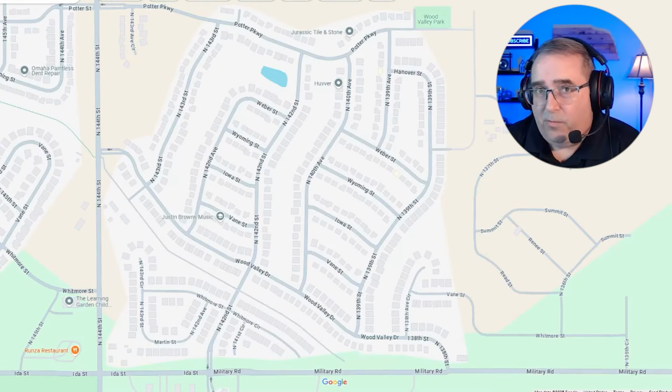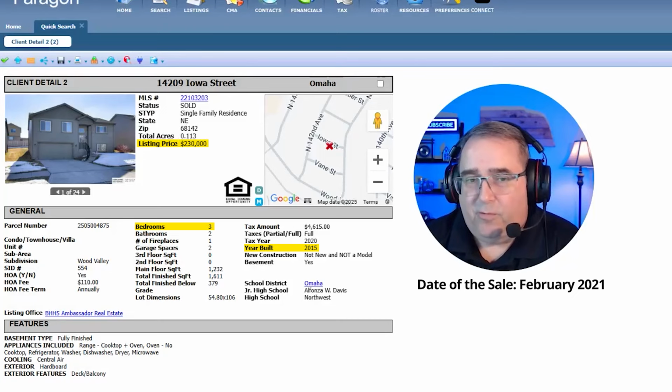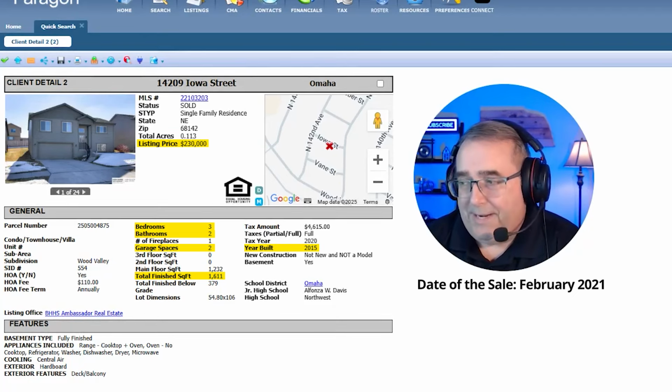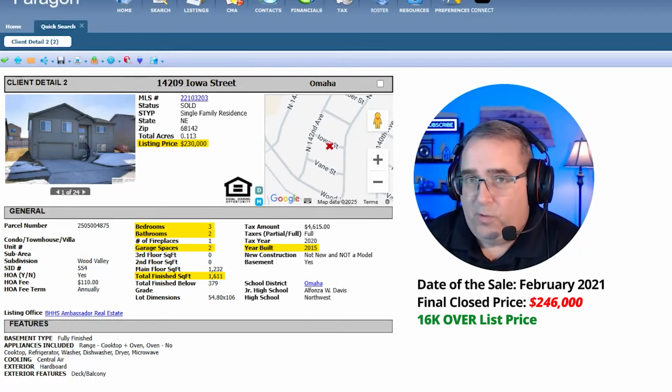In 2021, 14209 Iowa Street was listed for sale in February of 2021 for $230,000. This was a 3-bedroom, 2-bath, 2-car garage with 1,611 finished square feet. It went under contract in 4 days and sold for